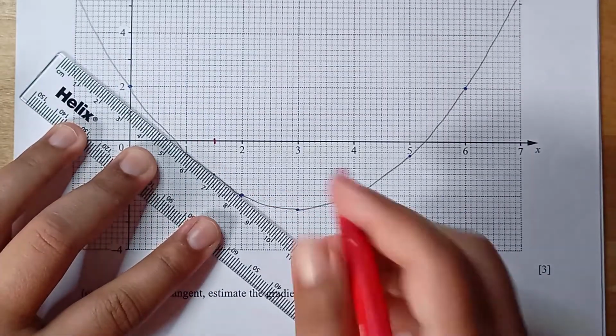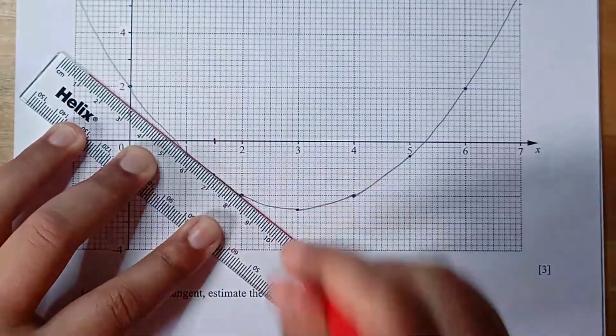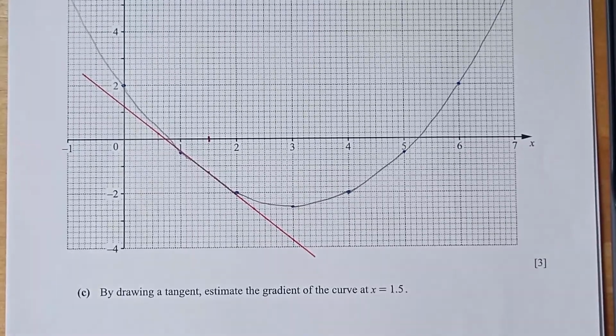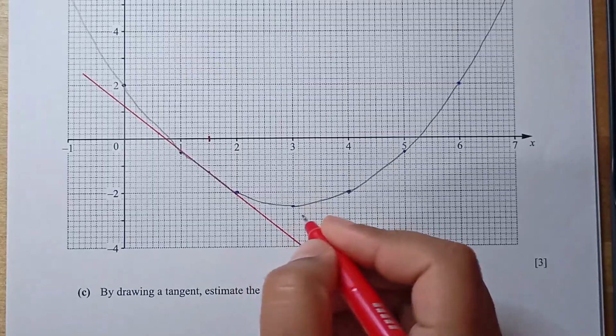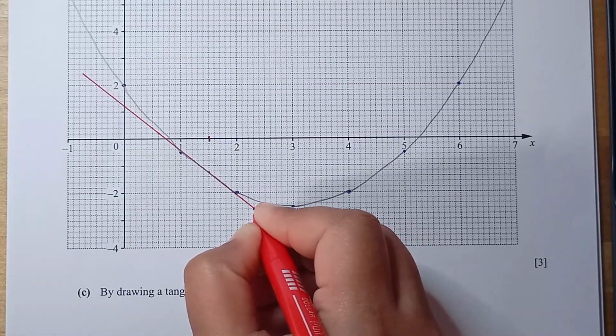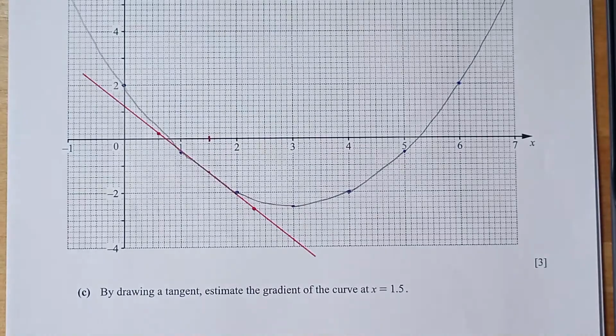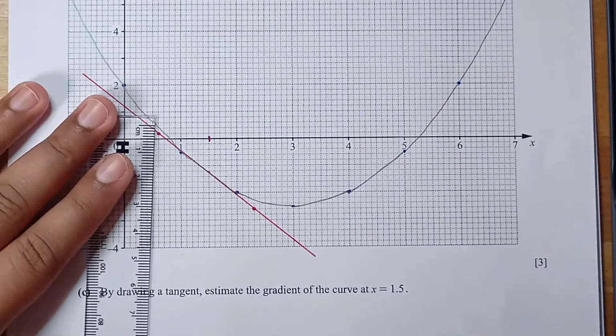This is x equals 1.5. So if I can draw the tangent, this line is a tangent at x equals 1.5, and we need to find out the gradient at that point. So basically we need to find 2 points on that tangent. So let me take 2 points on the curve. If I take this point and this point, making a triangle connecting the points,